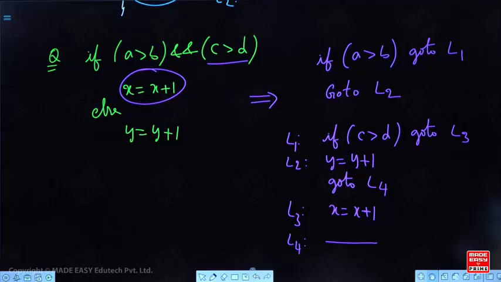No, you cannot write. Aryan Jaiswal, no. Copied?